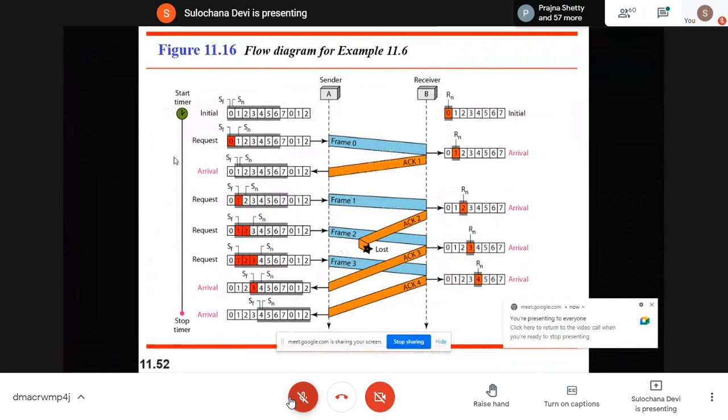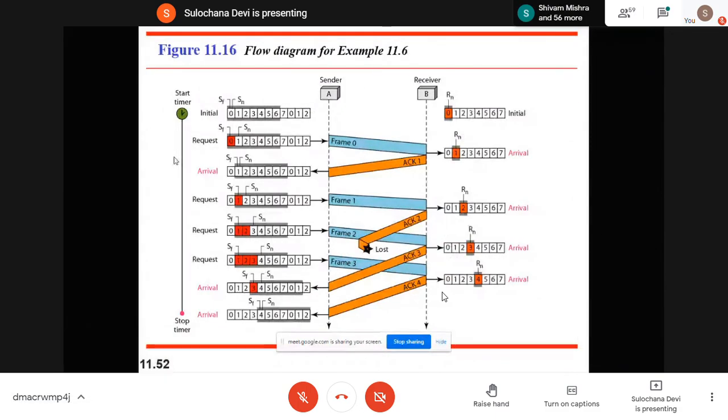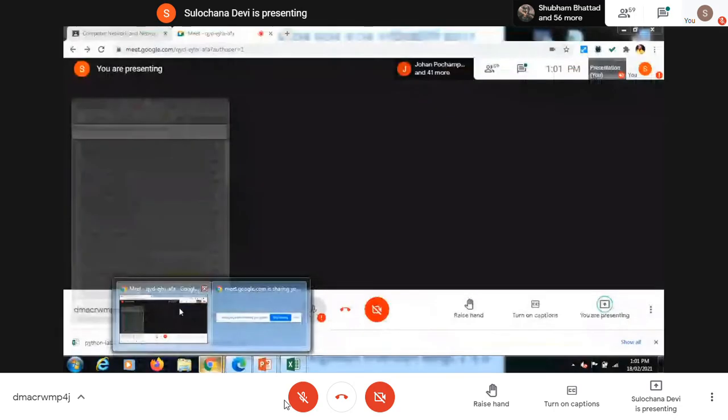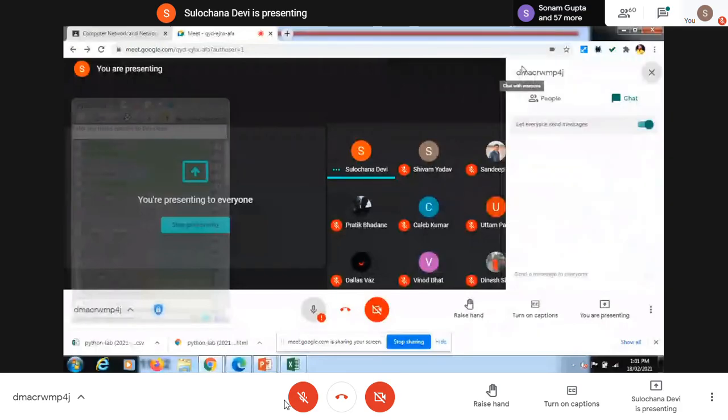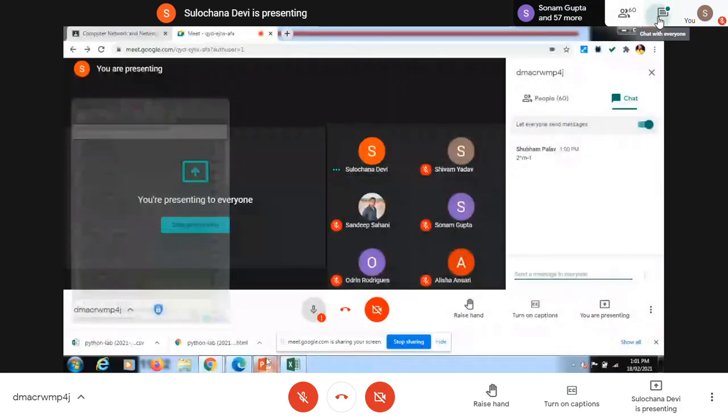Okay. Now just look at this diagram. First you tell me the number of bits used for sequence number in this case. Yes, anyone?